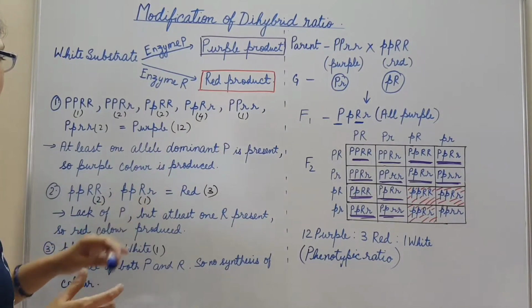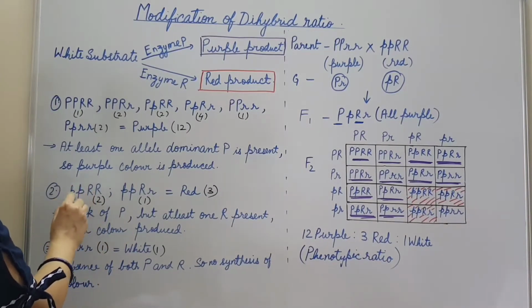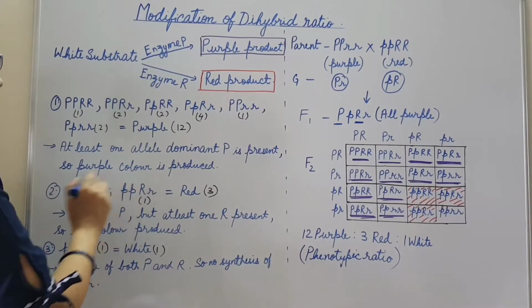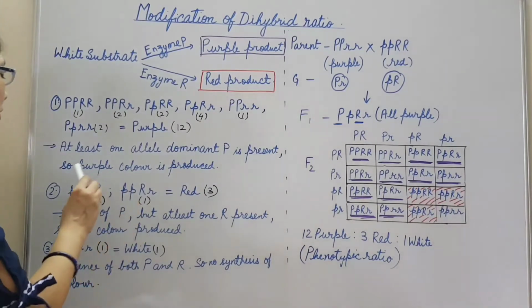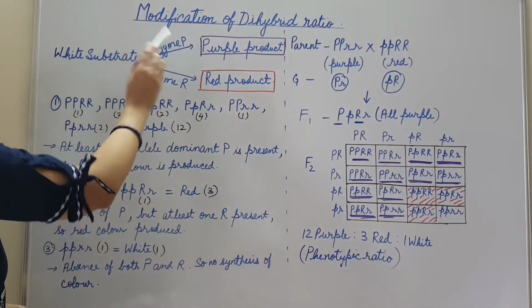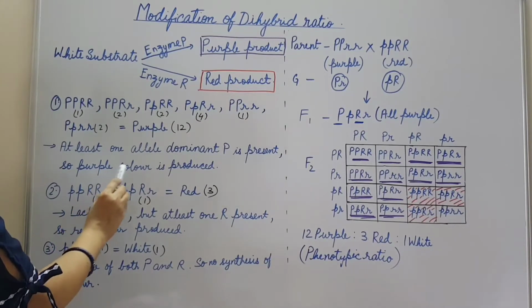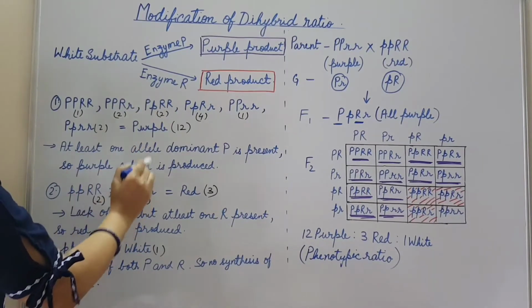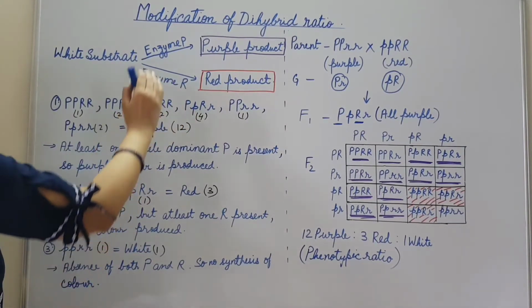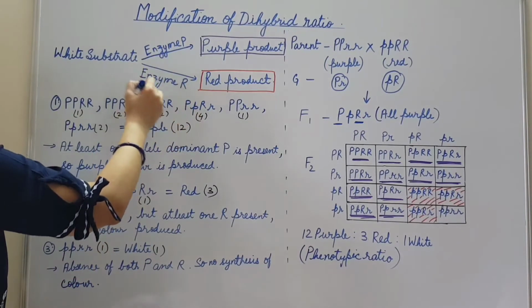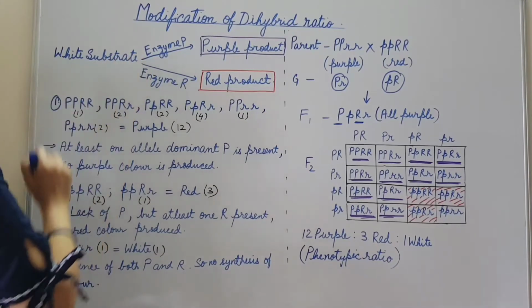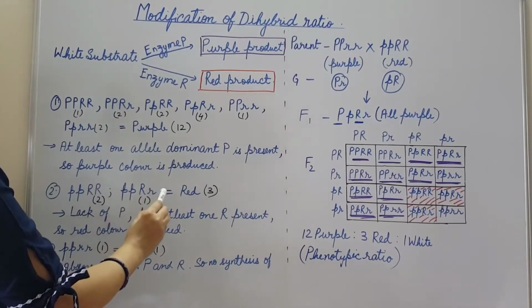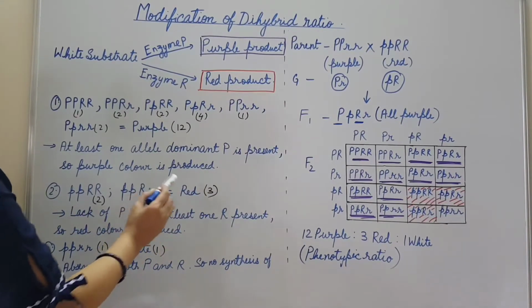If we see these genotypes, here the dominant allele P is absent, or there is a lack of the dominant allele P. In the absence of the dominant allele P, enzyme P is not functional, but here at least one dominant allele R is present. So in both cases, enzyme R is functional. In the absence of enzyme P, now enzyme R works effectively on this white substrate and converts it into the red product. So in this case, the plant that we get has red flowers, and here the number